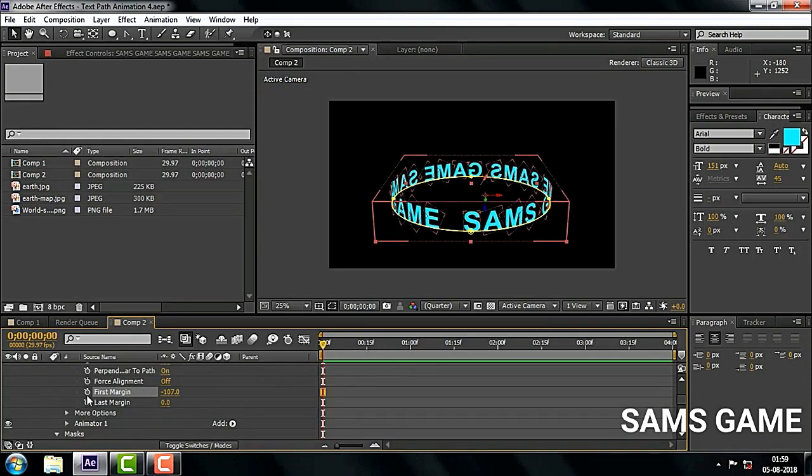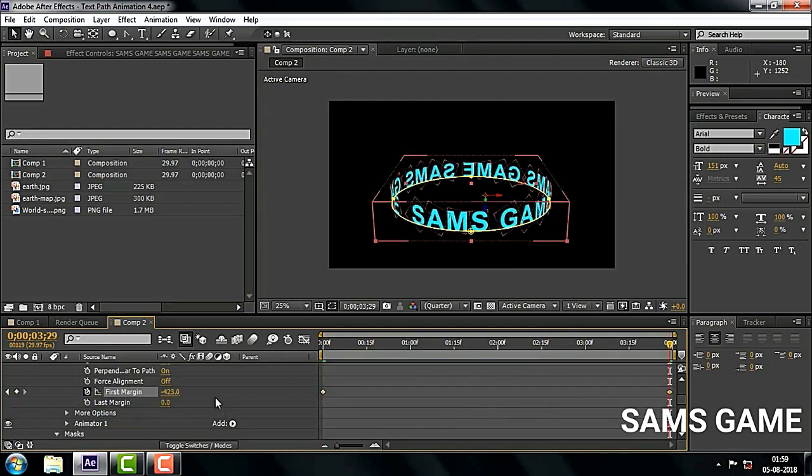So it will create an animation where your text rotates from that initial point from 0 to the final or end point, whatever your time duration will be. You can just hit enter and you can see the text is rotating on that path.